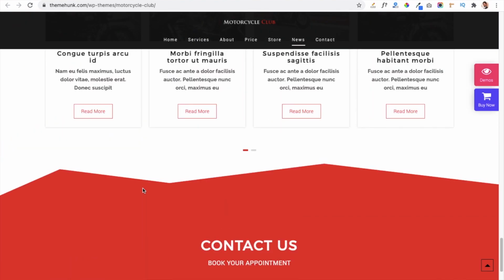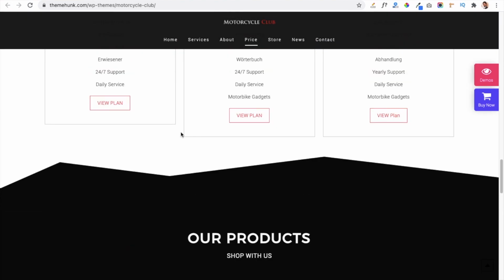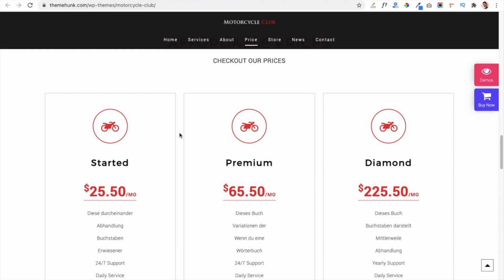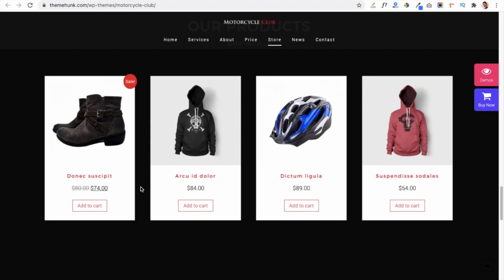So friends, if you are in a motorcycle business, selling or giving your bikes on rent, then you can give your pricing here, and if you are selling some product related to bikes, then you can sell your product using this section. It will be beneficial for you to sell and give your services at the same time from a single website. So friends, let's go to our dashboard and learn how we can install and activate this theme in our